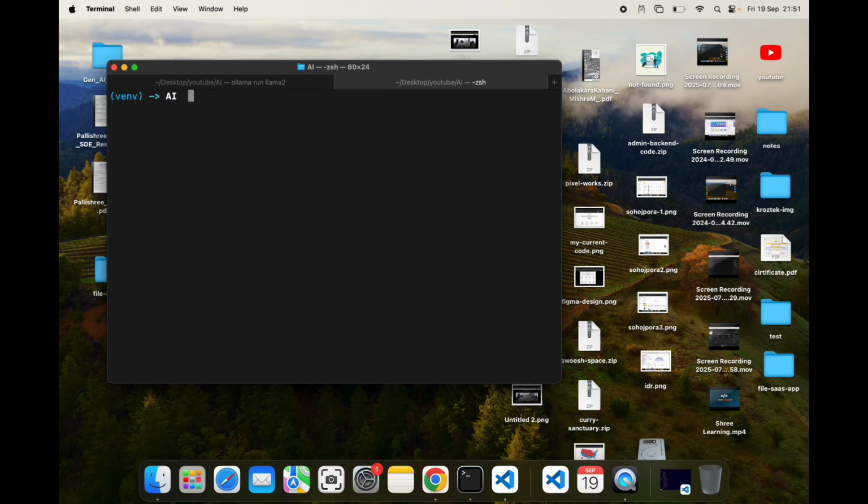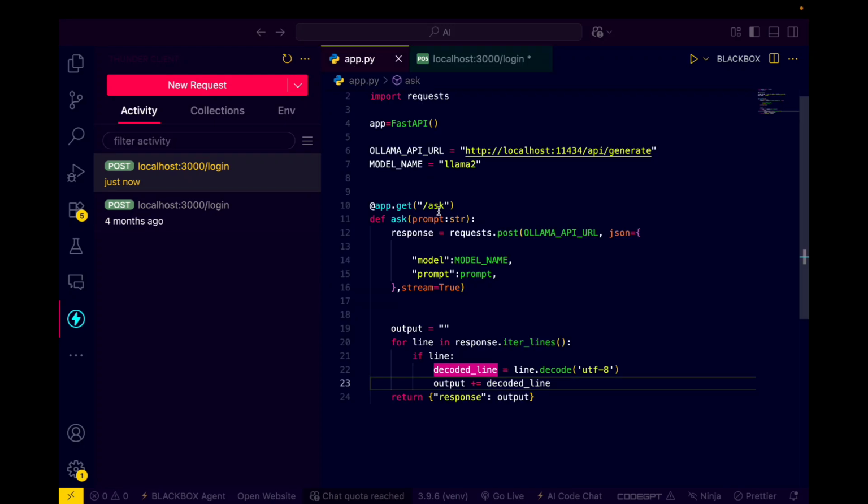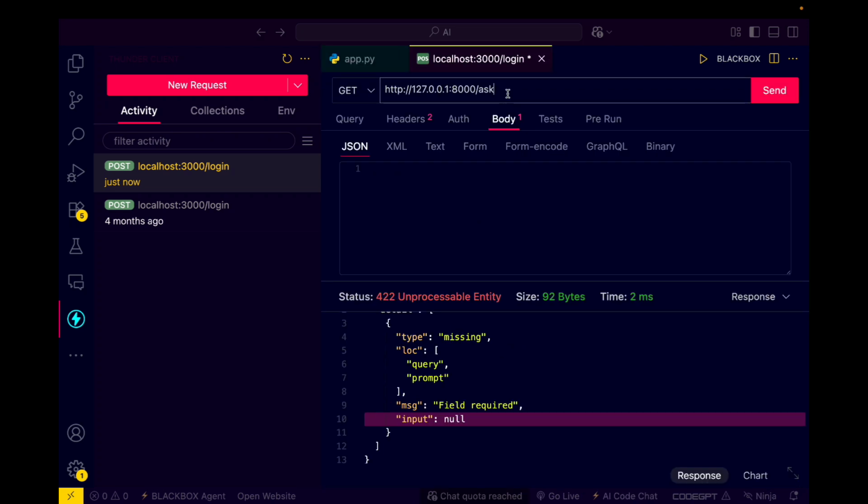So to run this, you need uvicorn, then the app application name, then --reload. It will auto reload after every change. So it is a get request and this is our endpoint. As you see, this is our endpoint ask, and it will take one prompt. So here as a query we can pass one prompt. So prompt equals to, let's say,